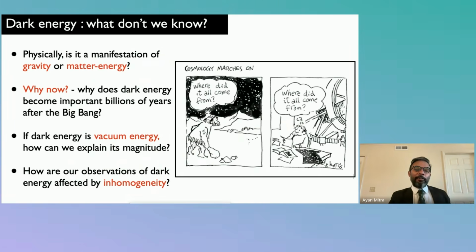It's a circle which brings us back to the Stone Age man. The stone man saw the night sky, he knew nothing, and he was like, where did it all come from? Now we are sitting in the most fancy laboratories, and we still don't know anything. We have so many questions. Now, why now? What is the vacuum energy? What is the nature of dark energy?